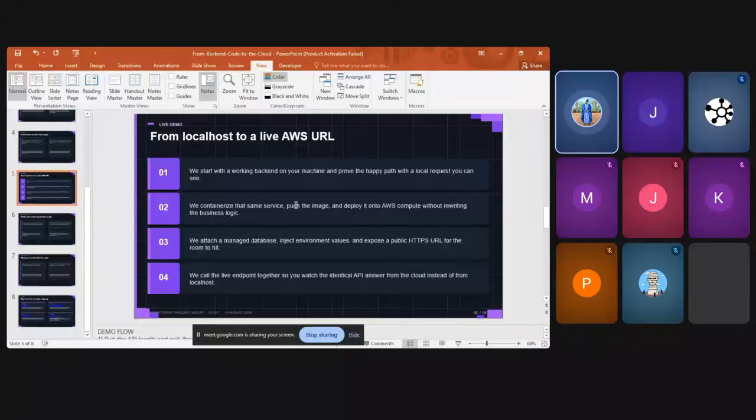ECS will run the whole application, and we can also add load balancing. Then we attach a managed database, inject environment variables, and expose the URI to a public HTTPS. Like I've said earlier, it's very secure.